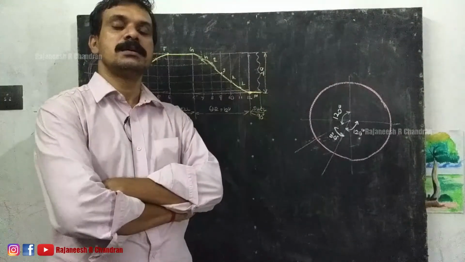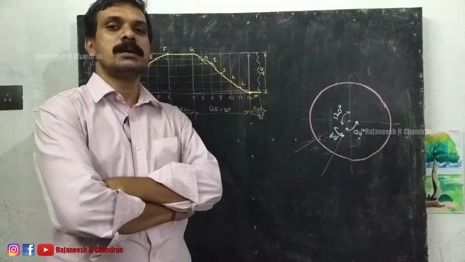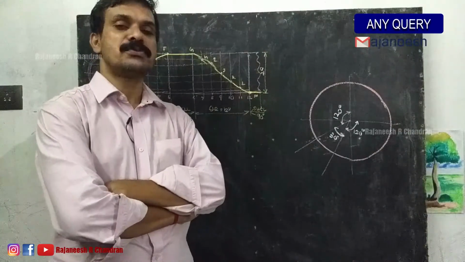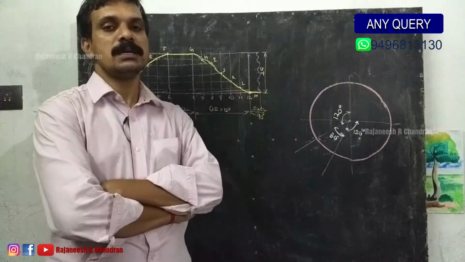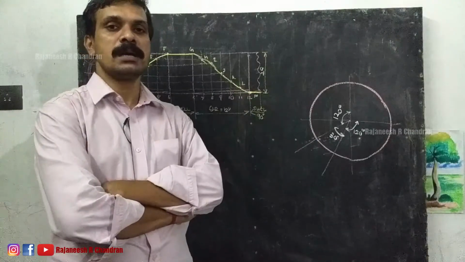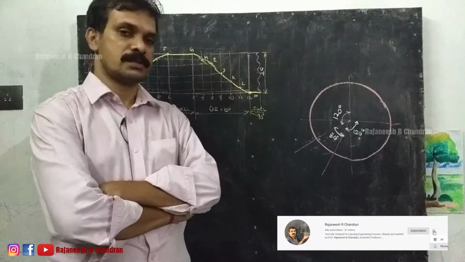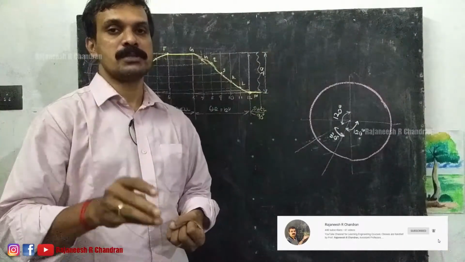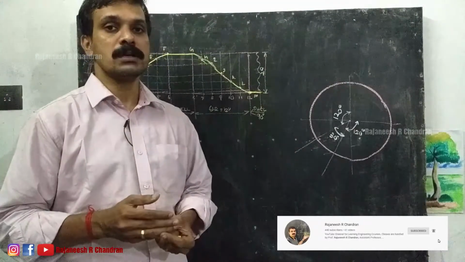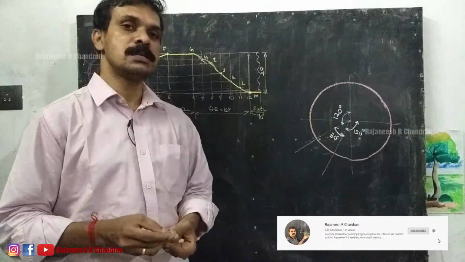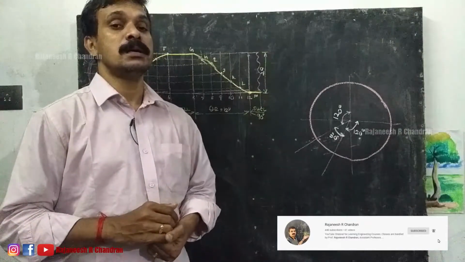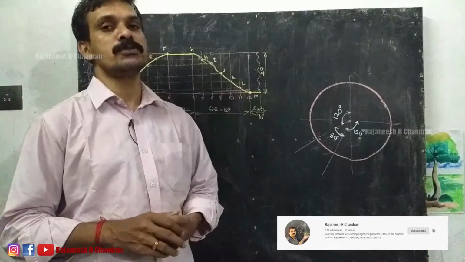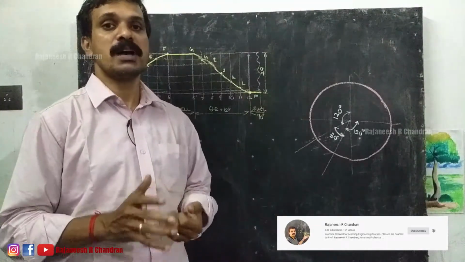Here in this video we are going to discuss the construction of the cam profile for a flat faced follower. Here the follower motion is simple harmonic and the type of follower is flat faced. In the previous video we discussed the construction of the cam profile for a knife edge follower and roller follower for the motions like uniform velocity, simple harmonic and uniform acceleration and retardation. So in this video we are going to study the construction of the cam profile for a flat faced follower.